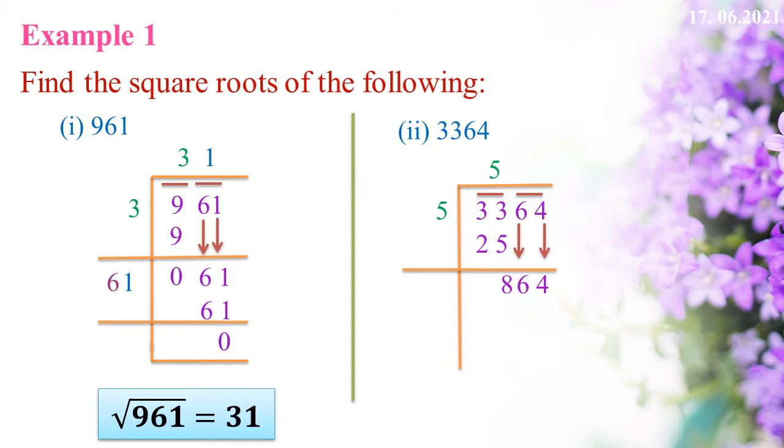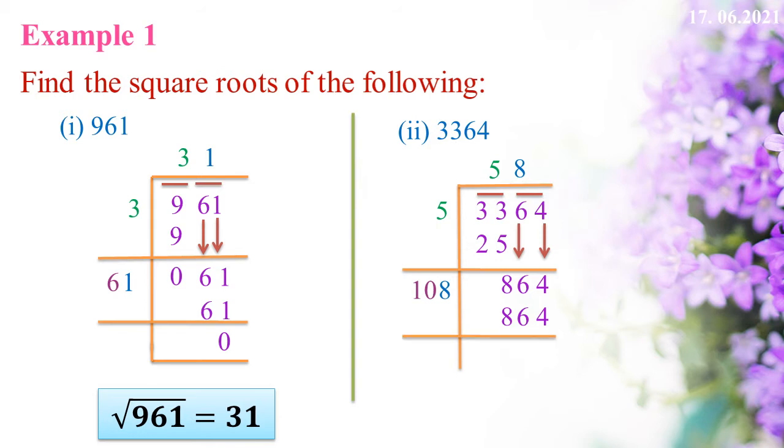864. Now, obtain the new divisor by taking 2 times the quotient. On doubling the number 5, we will get 10 and annexing with it a suitable digit. Here the suitable digit is 8, which is also taken as the next digit of the quotient. Next, multiply 8 and 108. We will get